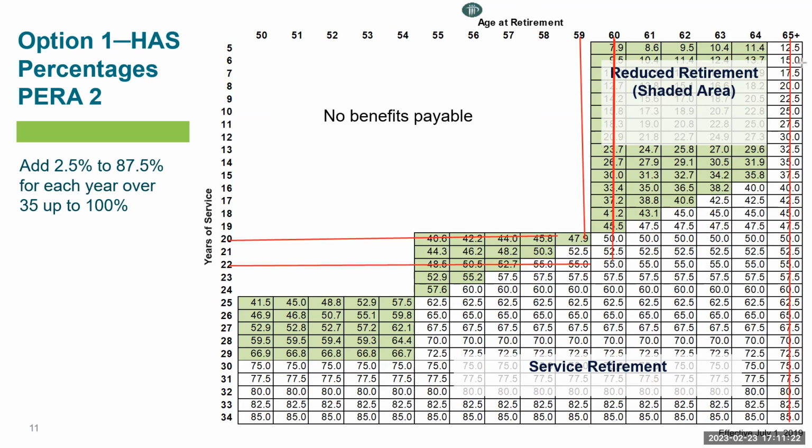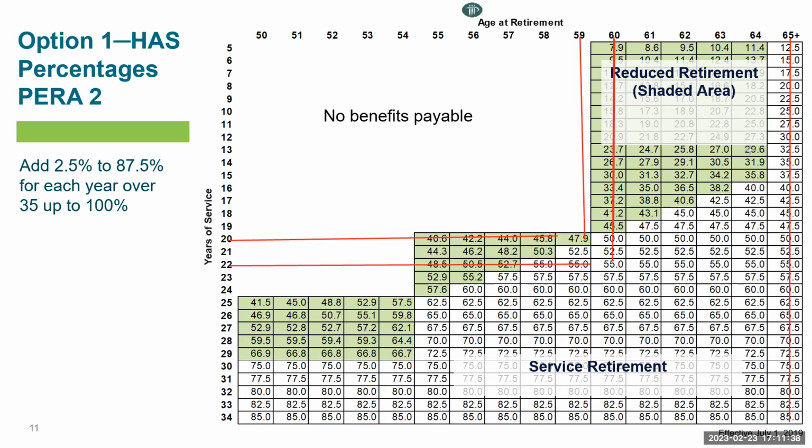Now, the amount of your benefit is going to depend on your service credit, and that is the numbers in this box. That represents the percentage of your highest average salary. Again, you can see an estimate of your benefit by logging onto your account.